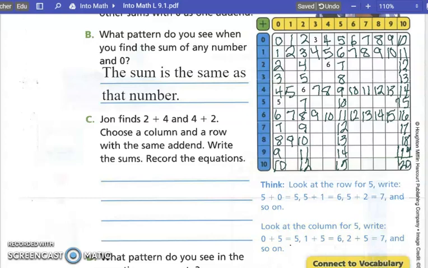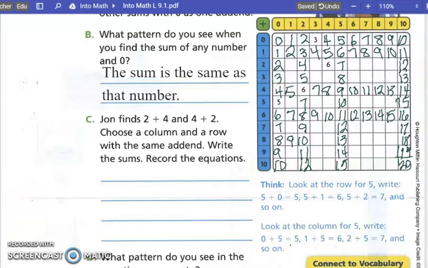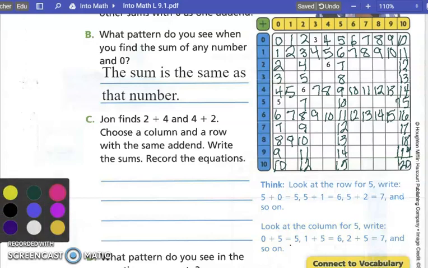So if I was doing math and I didn't know my addition facts, I could say if they gave me 7 plus 4, I could go